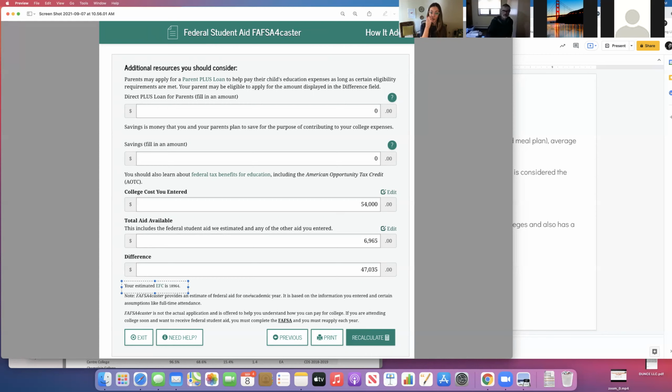I'll just be honest. The way that you get less than this is if you get a big merit scholarship. That's the way you pay less than your EFC. Is if you get a big merit scholarship, an athletic scholarship, a talent scholarship like for music or art. That's how you get below your EFC. But for the purposes of today, what I really want to drive home is I want all of you to wrap your head around paying that figure and to talk about your comfort level as a family paying that figure. And then talk about how do we try to bring that figure down with merit scholarships and private scholarships. But it's a really dicey game relying exclusively on merit scholarships.